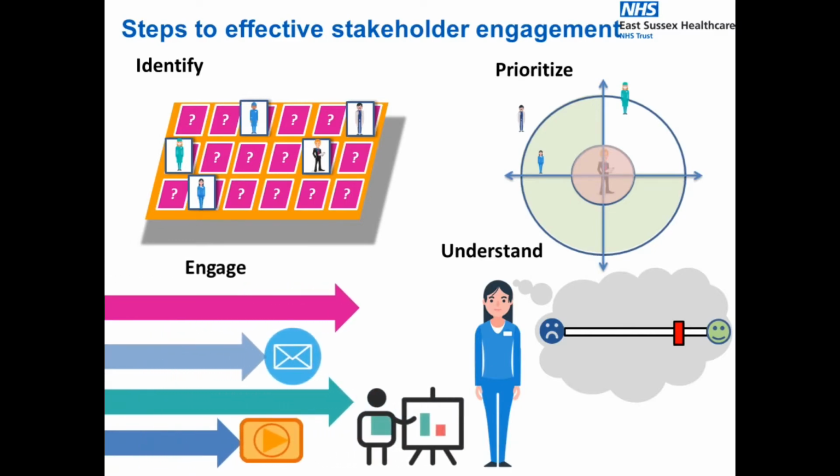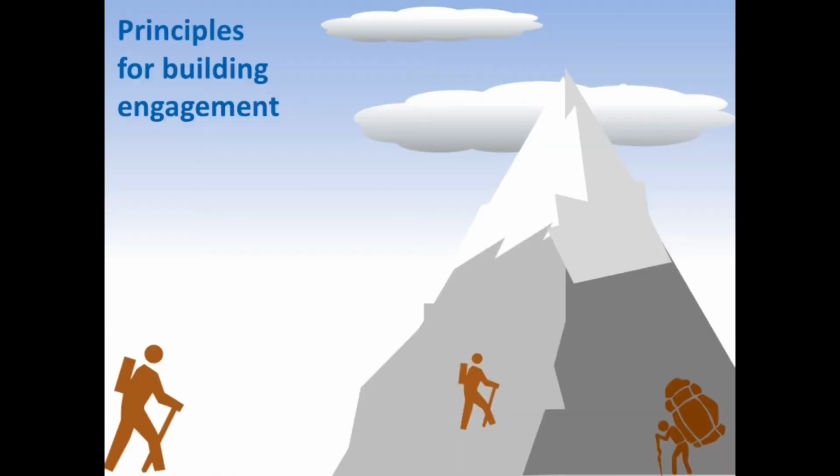And this can vary greatly depending on the working pattern of that individual, their preferences for the amount of information they want to receive, and whether they want, for example, to meet face-to-face or simply to receive regular update reports and data. Now let's look at some general principles for building engagement and how you can increase the likelihood that a lot of people get on board with your change initiative.